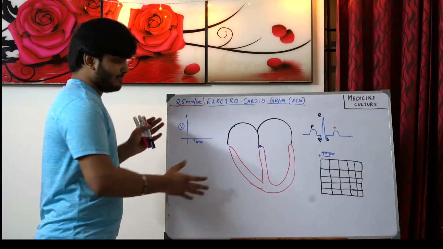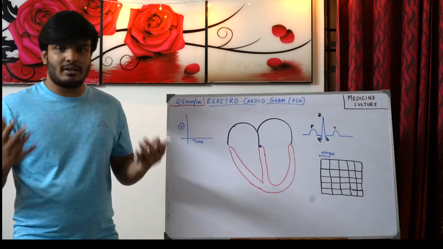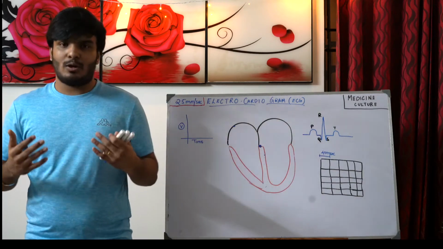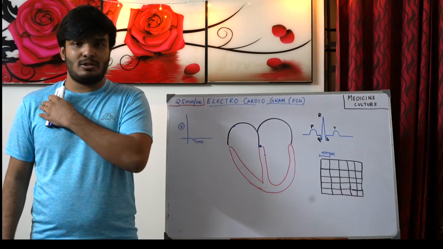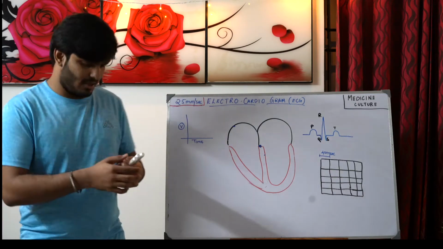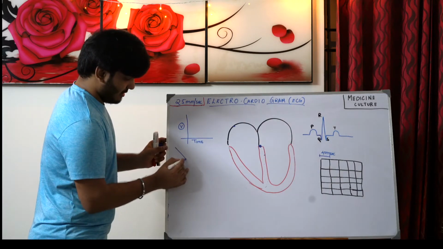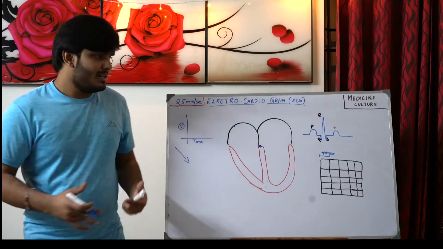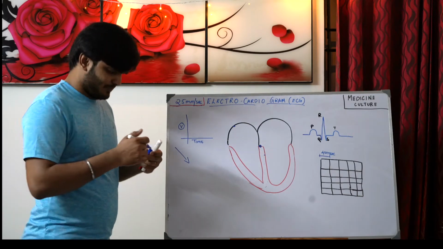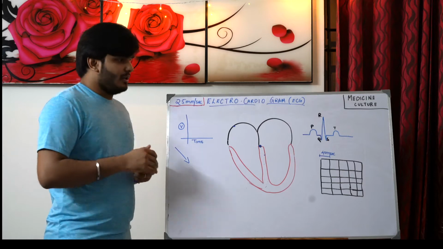The first thing is the normal electrical axis of the heart. Normally, I am standing here right now. The electrical axis of the heart is from right shoulder to left foot. So in this direction, I'll draw it like this. Yes, from right shoulder to left foot is the direction of the electrical axis of the heart. Okay, then fine. So what is the second thing?